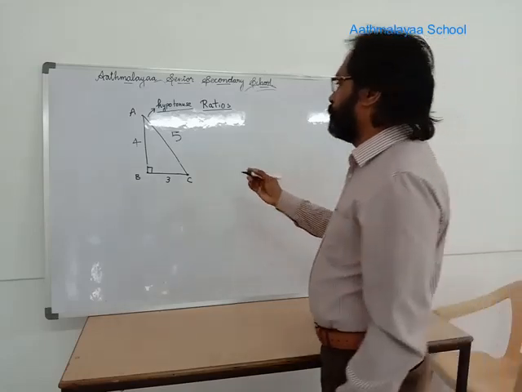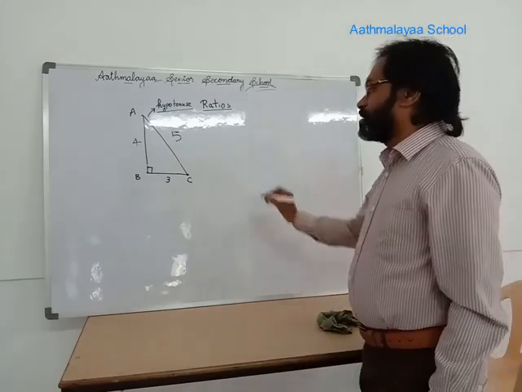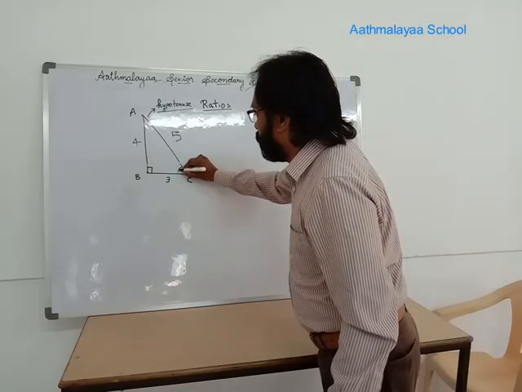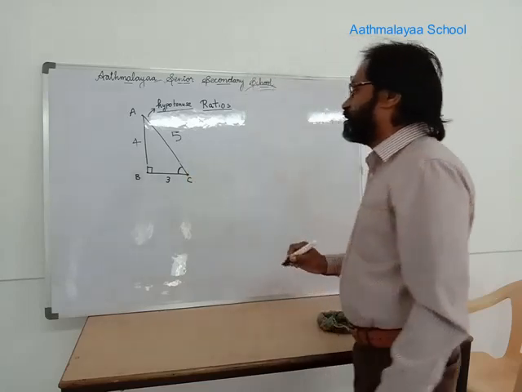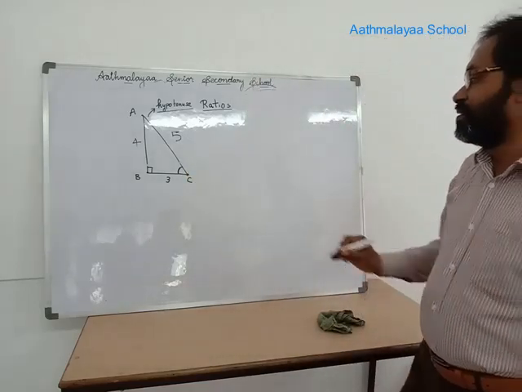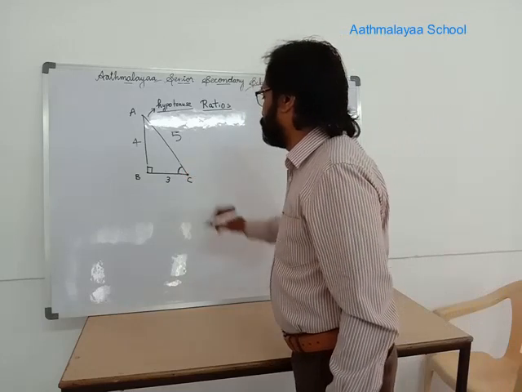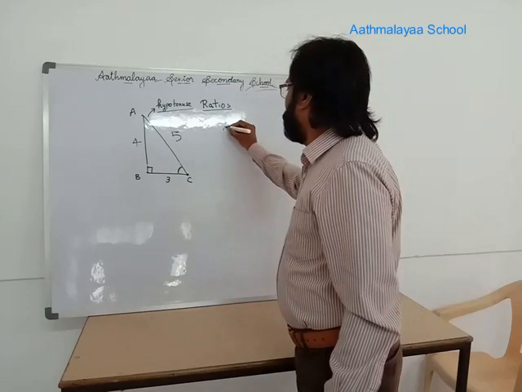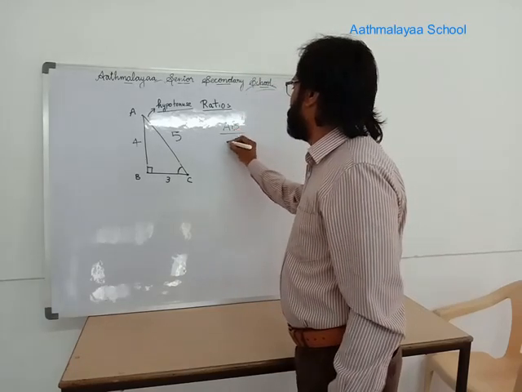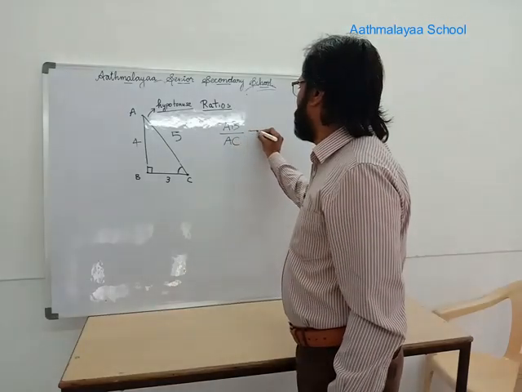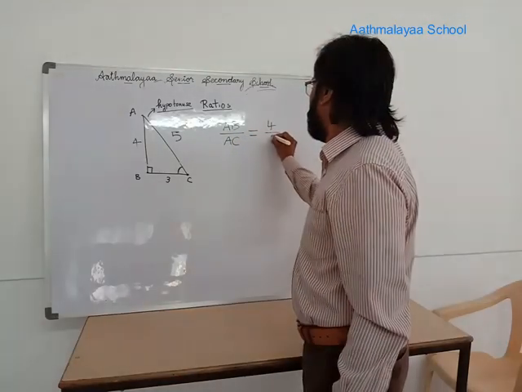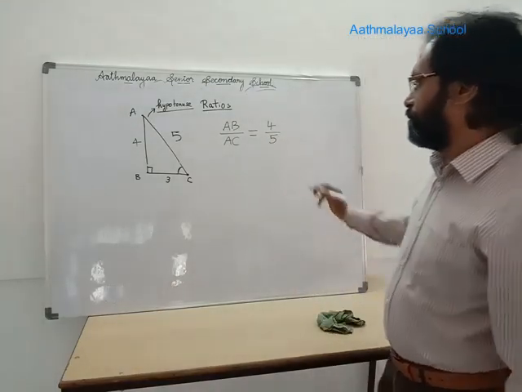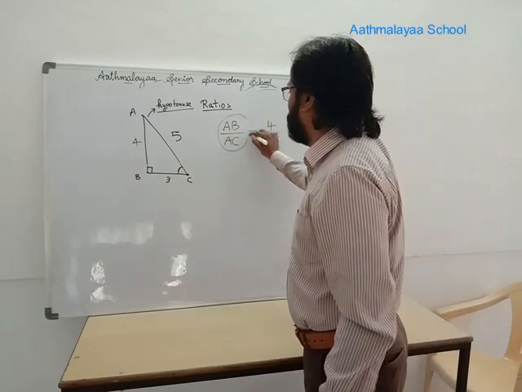So now let us continue with what we discussed earlier. The same thing we are going to do in a different way. So I am going to take this angle. All which we have discussed earlier, we are going to discuss in terms of the angle C. Okay, so here I am taking angle C. Now what I wrote earlier, I wrote AB by AC first, and AB by AC was 4 divided by 5, and we know it is less than 1, so now we are not interested in that.